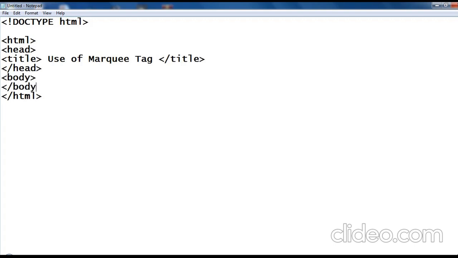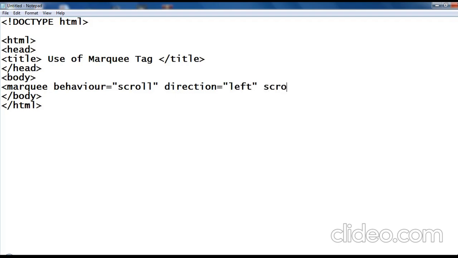Next will be the body section, opening body tag and closing body tag. This is the actual part of our web page. Whatever we write in between the opening and closing body tags is going to appear on the web page. Let us use the marquee tag: marquee, space, behavior equals, in double quotes, scroll. The behavior is scroll. The direction is equal to left,